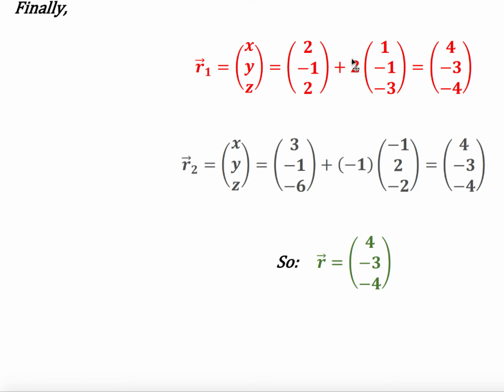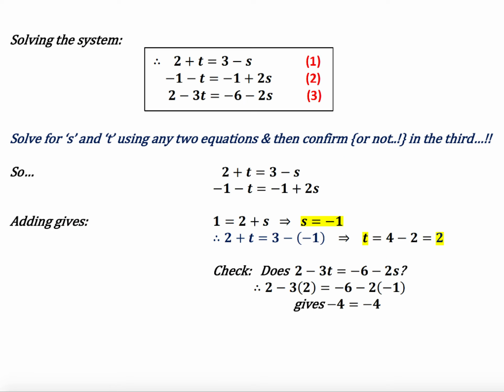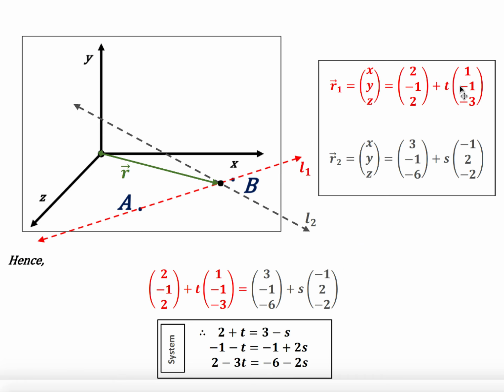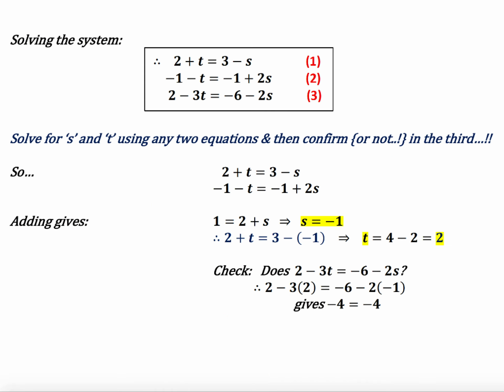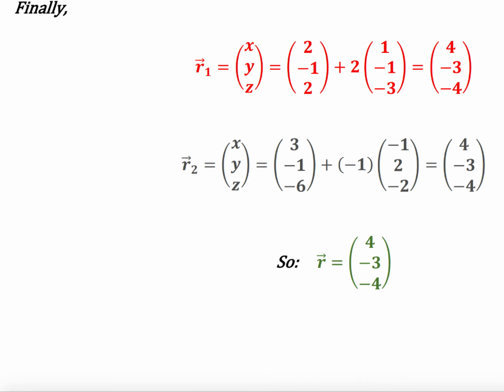Because we're back here where t is 2 and s is negative 1, you're finding very, very unique and specific what's called parametric values, parameters, the 2 and negative 1. If you see, you've got 2 plus 2 being 4,